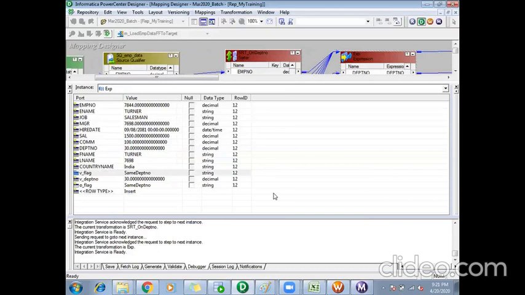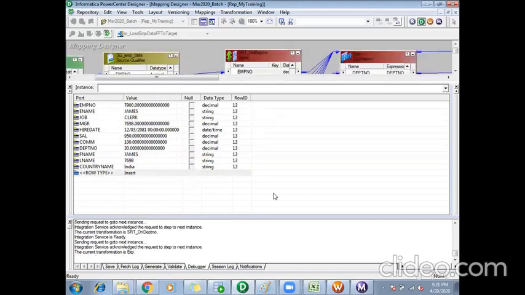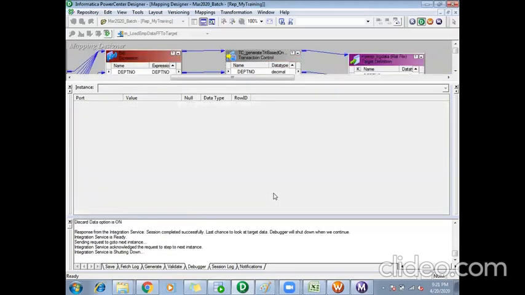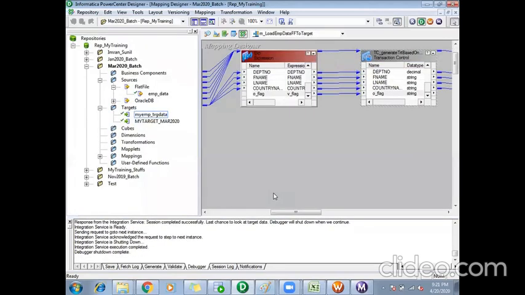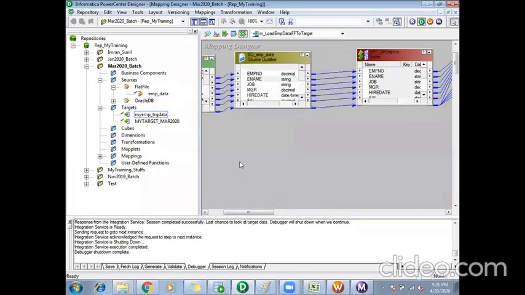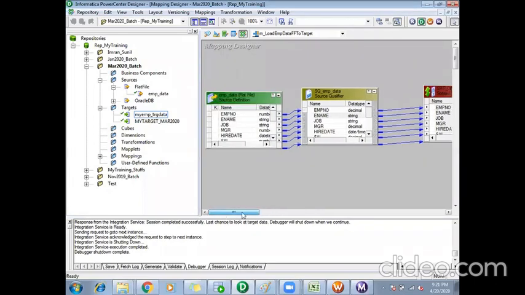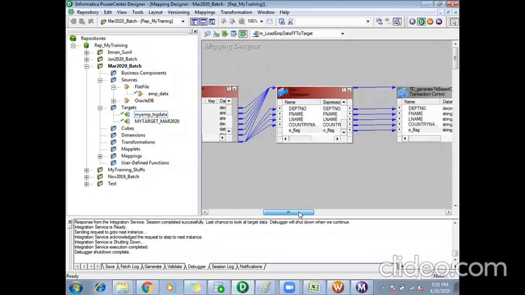Shortcut is F10. Okay, done. So once it is done, it will come out of the debugger mode to your normal mode. So this is how you can run your code in a debugging mode, to check what the issue is at any point of time.